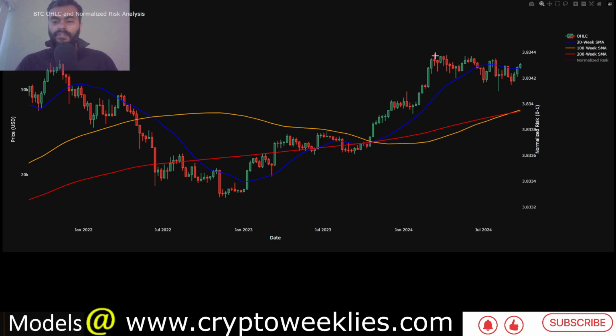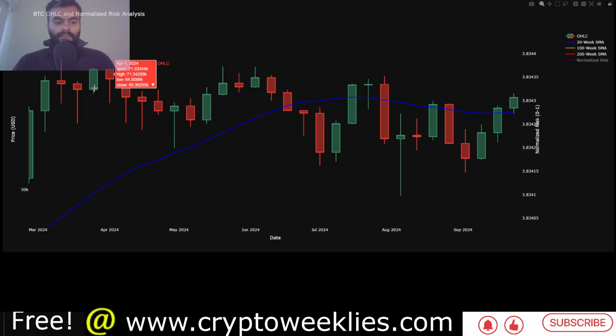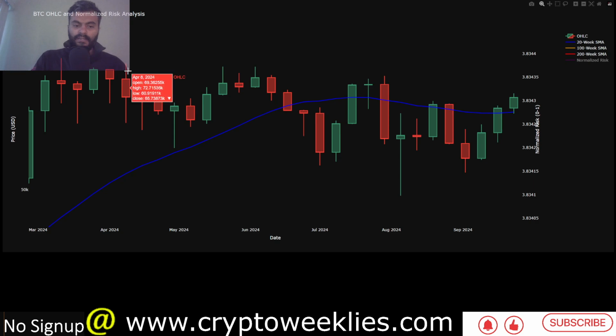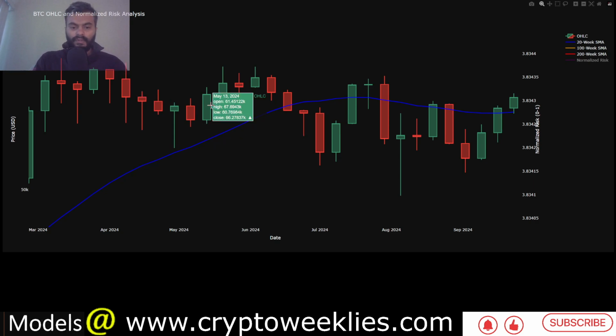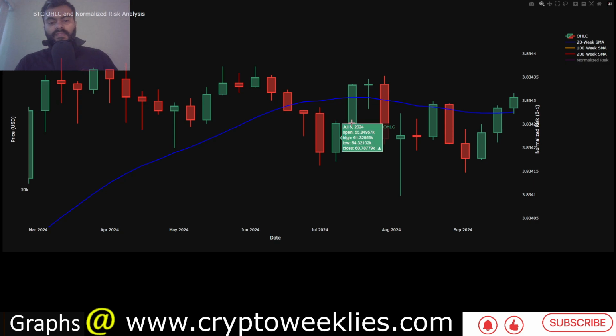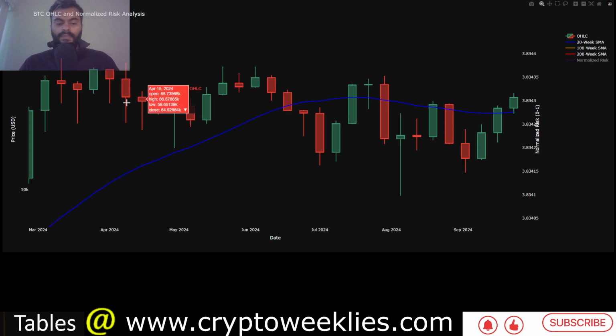But if you focus your attention on the weekly candles since March 2024, March 11th of 2024, when for that week the high for Bitcoin was at around 73,000 and 73.75 thousand. From that level, the trend has been clear that in terms of the weekly candles over here, there are more red candles than green candles. Bitcoin goes up for a couple of weeks, or if you ignore this flat candle, and then the majority of the time is spent going down.